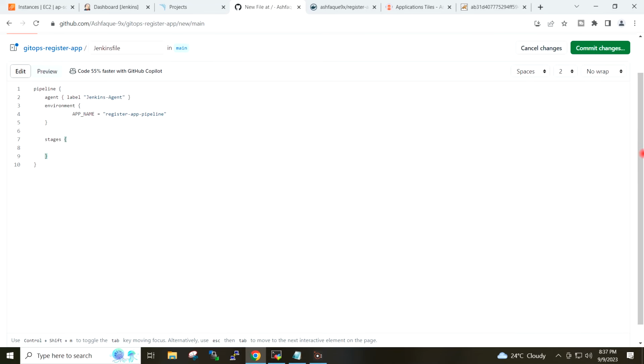Okay, so I will create my first stage, which will be cleanup workspace, which will clean the workspace with this command.